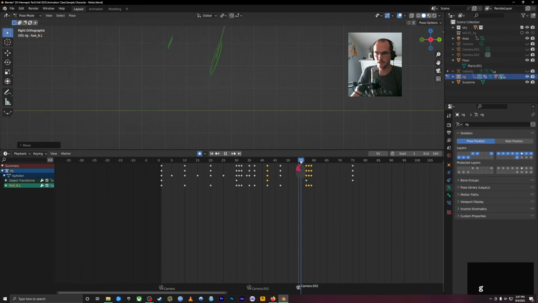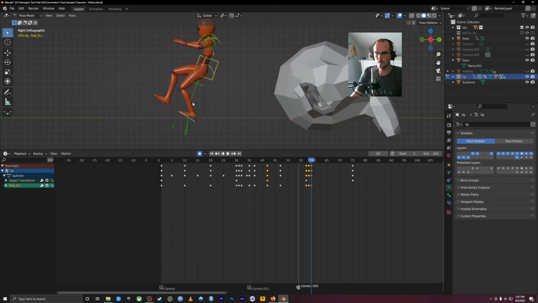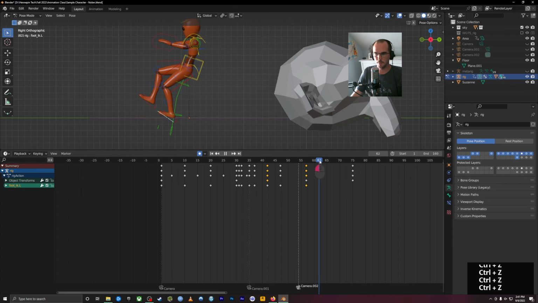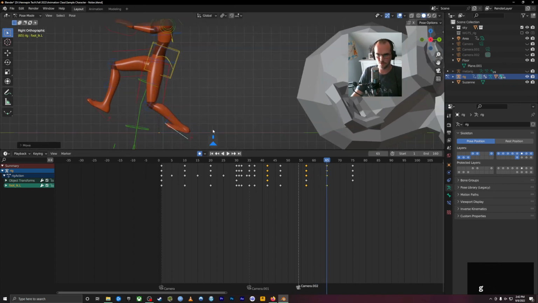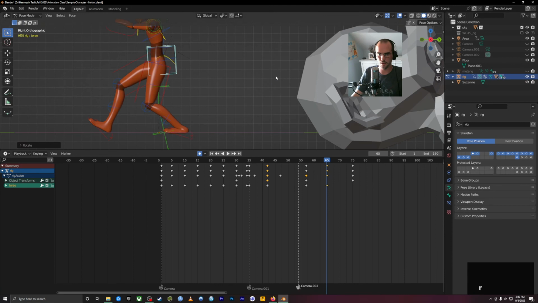The other thing too that I need to be conscious of is my origin point here. Eventually I'll want this foot to be behind the origin point. So actually, why don't I undo these keyframes? Maybe when we get to this point, I want his foot to be back here, and I want this foot to be down here. So yeah, maybe I need to just work on having a little bit bigger